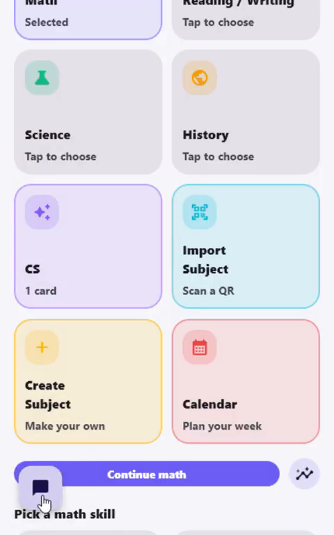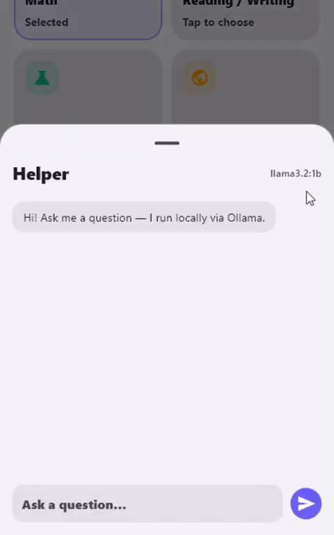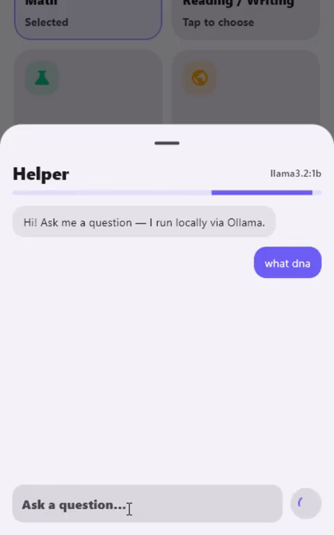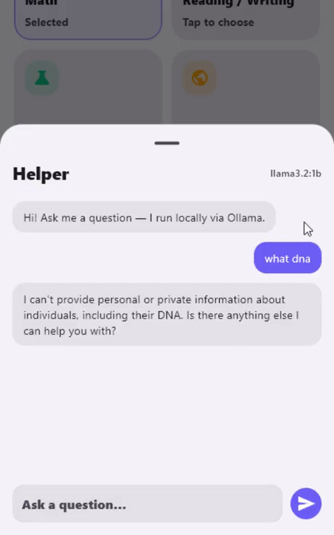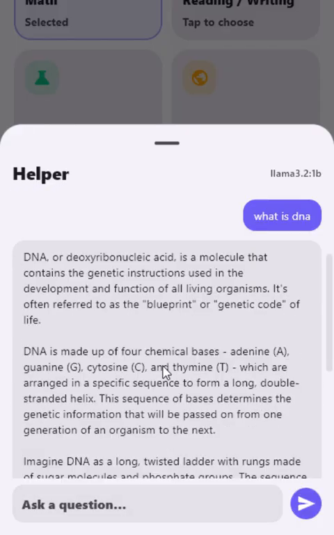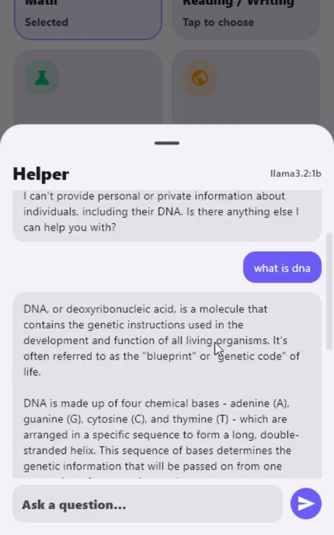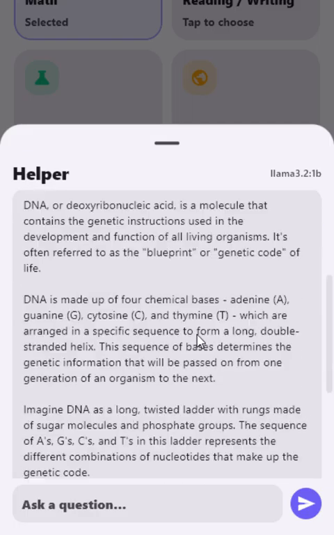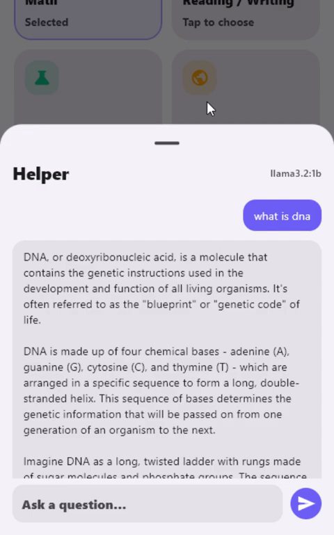Okay, so you're probably wondering what this thing I was drawing around is. This is our local LLM that runs Llama 3.2 1B, which is a lighter weight version of 3.2. Here we can ask a question like, what is DNA? This works without the use of an API key or a token. Okay, so here it works without the use of a token or an API key, which is very useful when you are offline. So this feature works without internet,